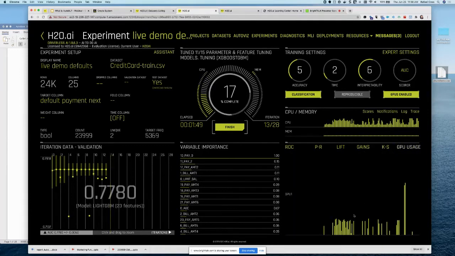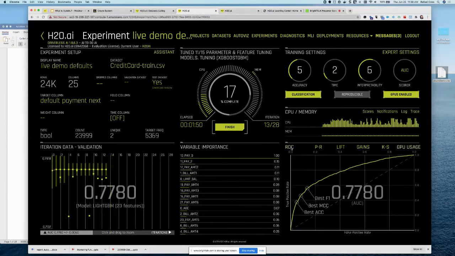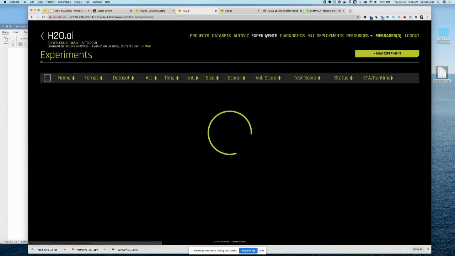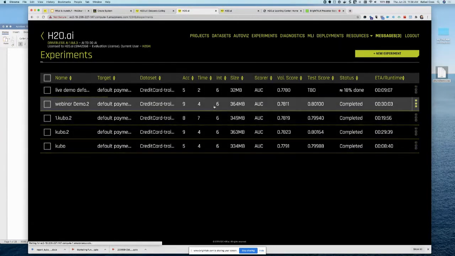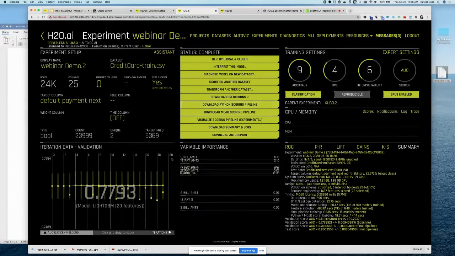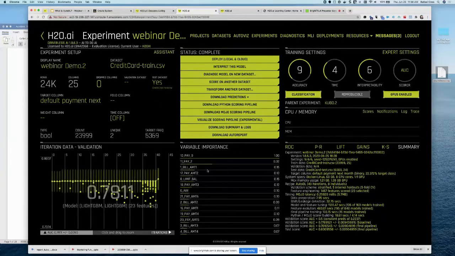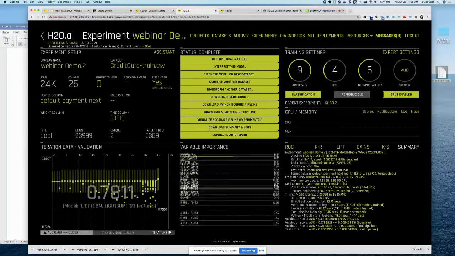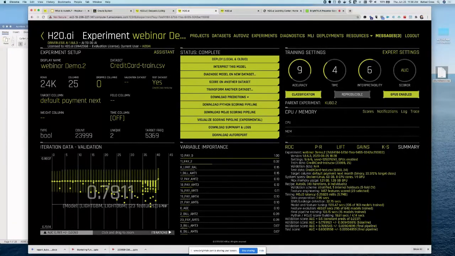This environment is actually running with 1 GPU, right? So you can run with CPUs or multiple GPUs. And this process is going to go on for a while. So I'm going to do a little cooking show here and let's look at something that's already completed. So here is a run that I did earlier, and the winning model at the end is an ensemble of 2 LightGBM models.